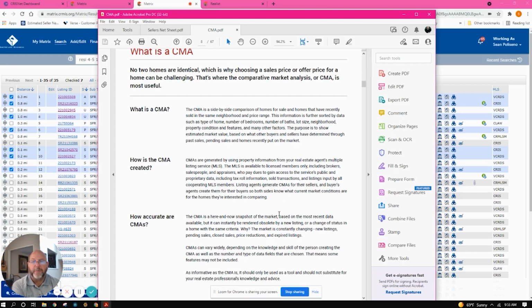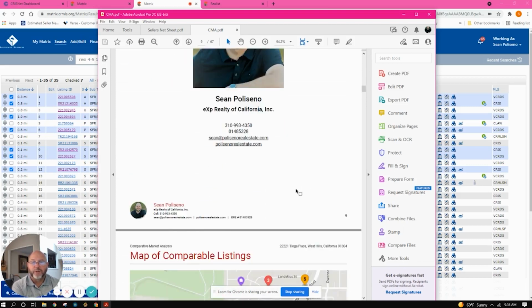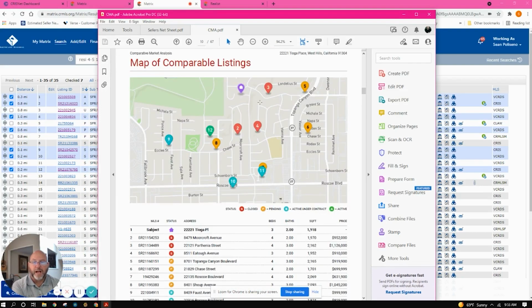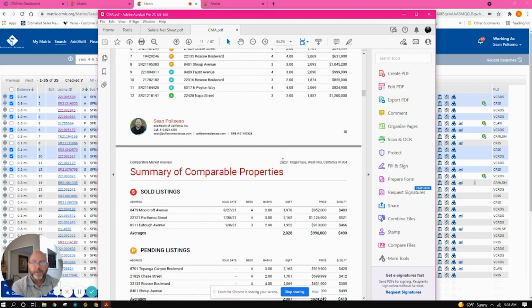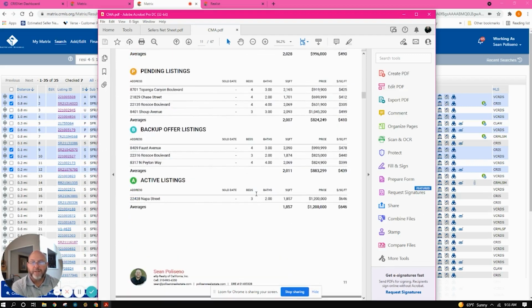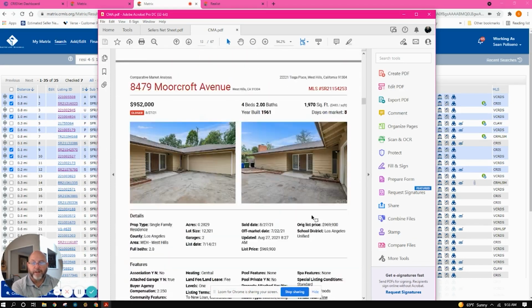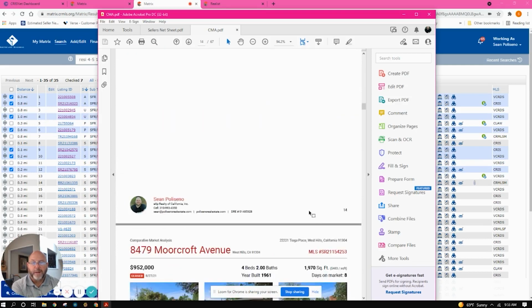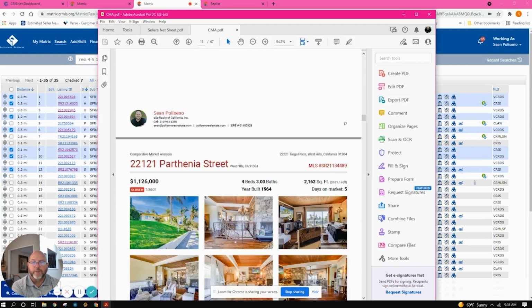where that fits into the CMA. This explains what a CMA is. It goes through and gives you a nice color map with all the different statuses. Now these properties are coming from here, and I'll show you how to load those in. But the bottom line is all this comes very simply from the process that we're going through here, and it is also color photos. And I'm going to scroll down to a graphic that I love to explain on my